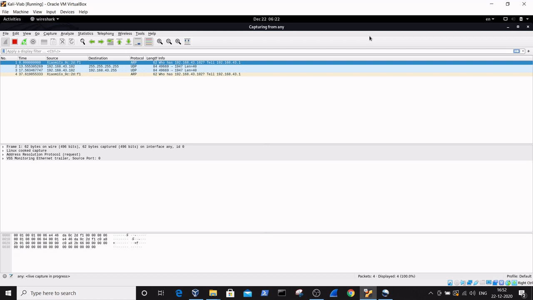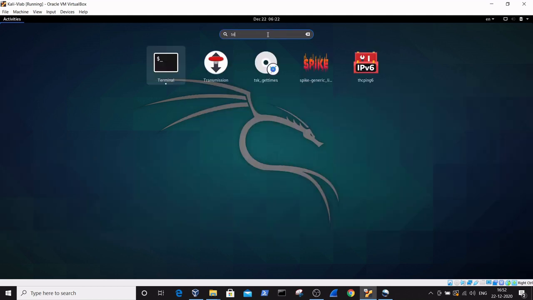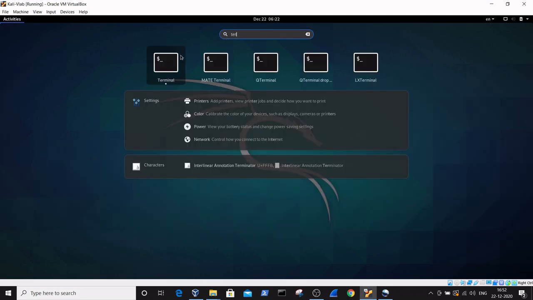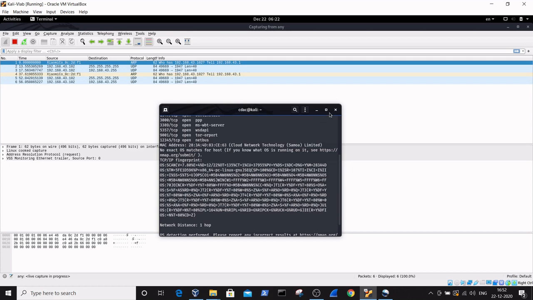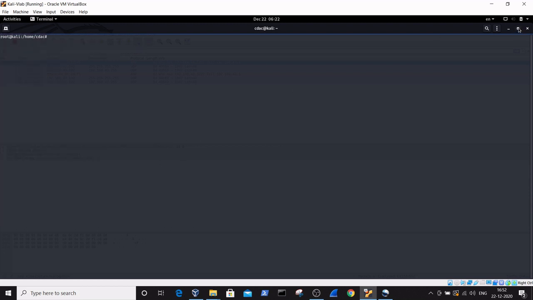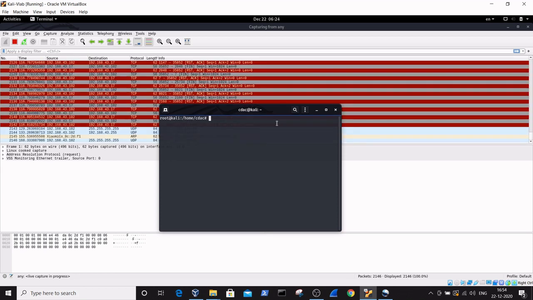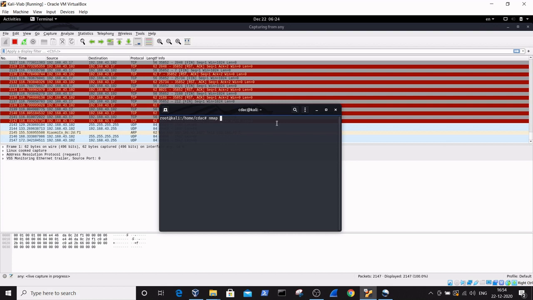To go to the command prompt, just click on the start button and type terminal to open the terminal. Here I opened the terminal. As I have entered into root privileges mode, I need to give the command for a FIN scan, that is nmap -sF (capital F)